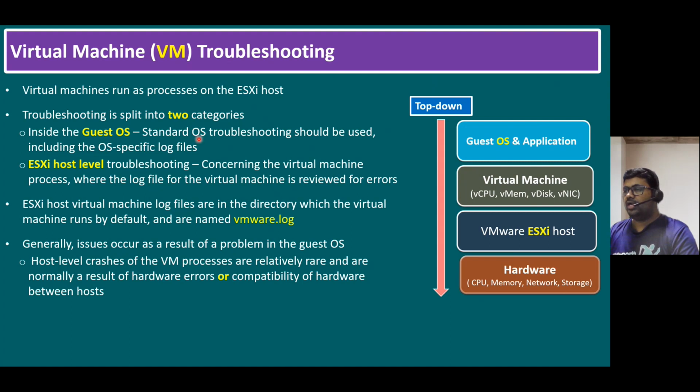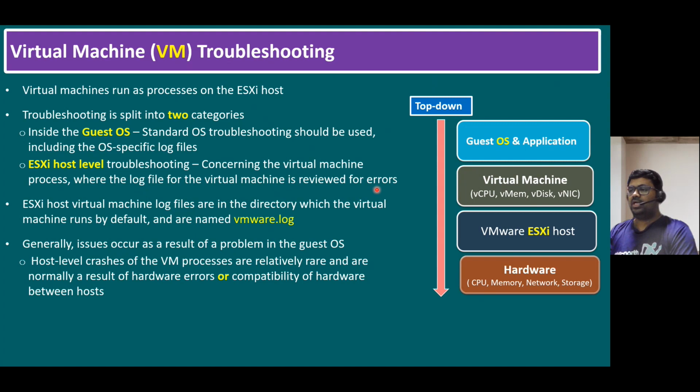Inside the guest OS, standard OS troubleshooting should be used, including the OS specific logs. Whenever any Windows operating system is affected with a blue screen of death, we can use the memory.dmp log file. Similarly, all the system related logs we can verify from the C drive Windows folder. And ESXi host level troubleshooting concerns the virtual machine process, where the log file for the virtual machine